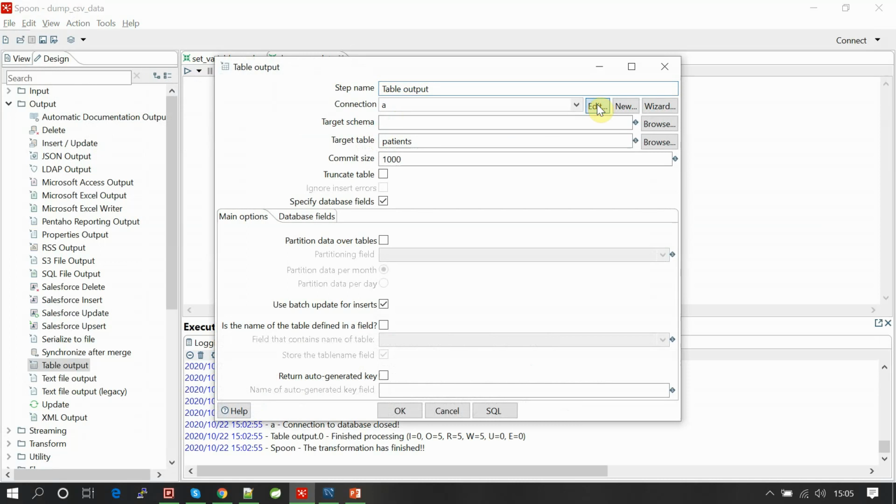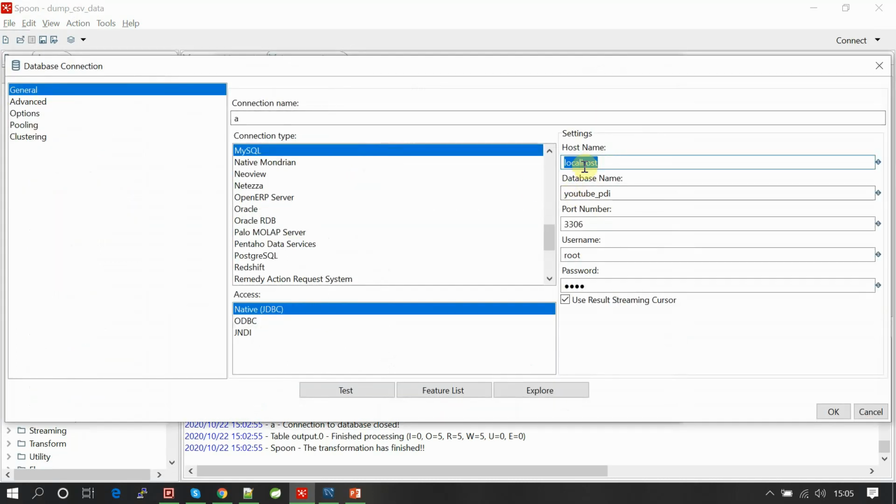Now, to define them as variables, there is a syntax to be used: dollar bracket variable name close bracket. So first dollar bracket hostname close bracket, dollar bracket db close bracket, dollar bracket port close bracket, dollar bracket user.